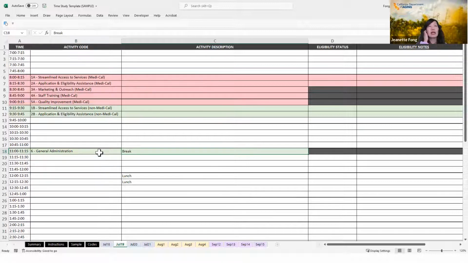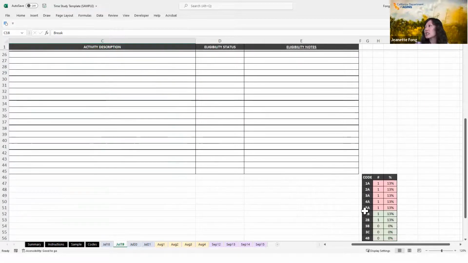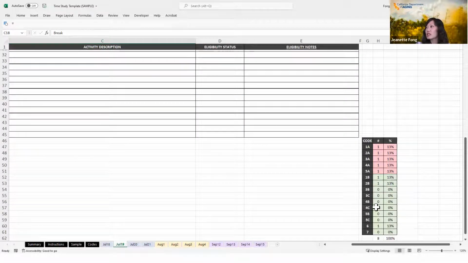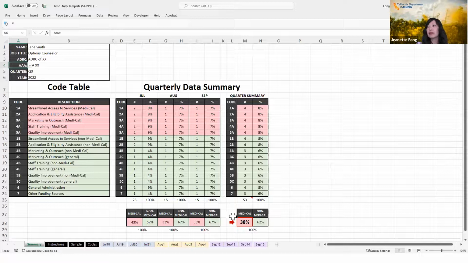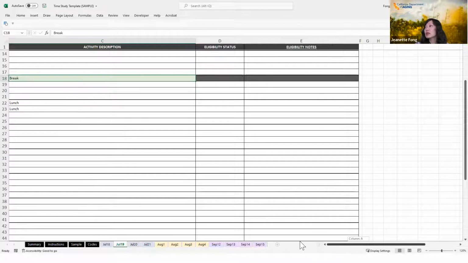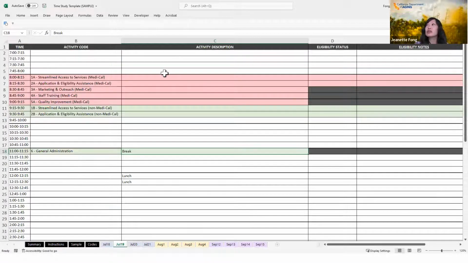And the reasoning behind that is because on the side for each of these daily tasks, it's counting the number of occurrences for each code. And all of this data, again, gets rolled up into that summary tab. So when we come up with this percentage at the end and we're trying to figure out dollar value, how much this equates to, we do not want to be coding time for things that are not paid for. Okay, so keep that in mind. You can still use the activity description, but just don't put a code. Only use a code if it's for paid time.